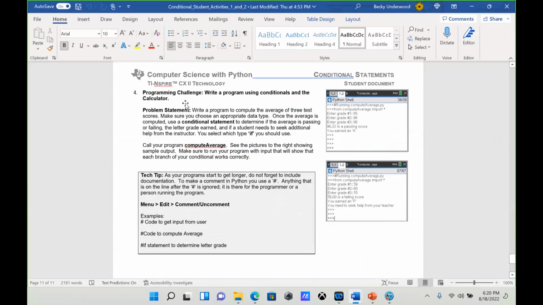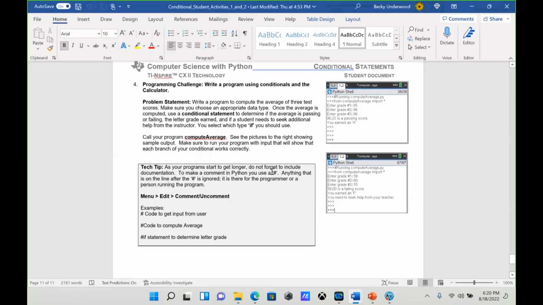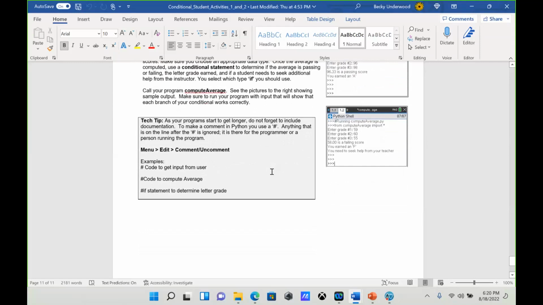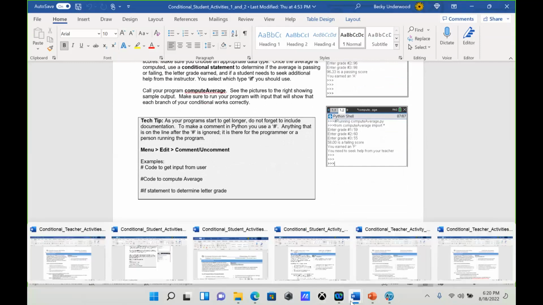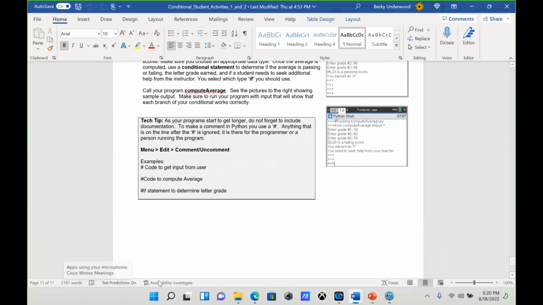So write a program using conditional statements and the calculator. And here it is, write a program to compute the average of 3 test scores. Make sure you choose an appropriate data type. Once the average is written, use a conditional statement to determine what letter grade they received. So the second, I'm not going to go through the next one very much, but I want you to see,